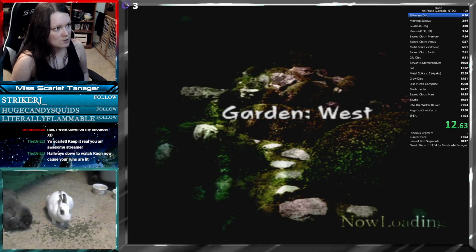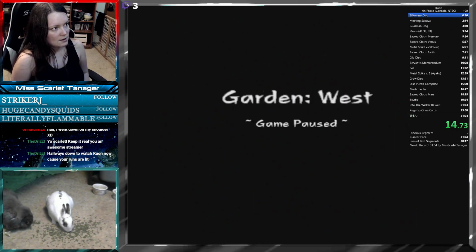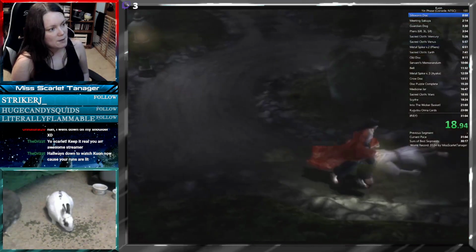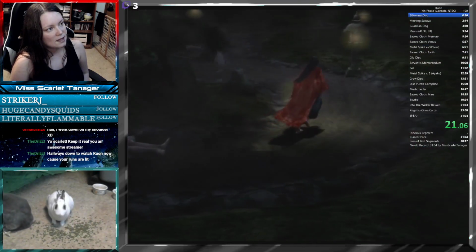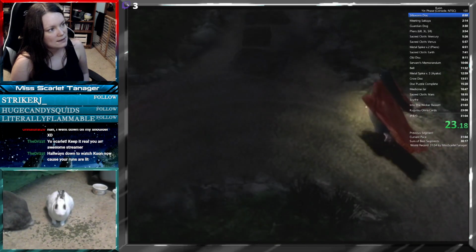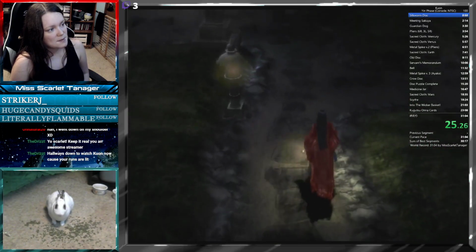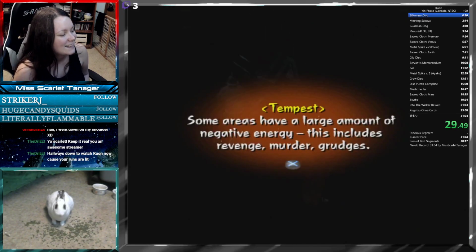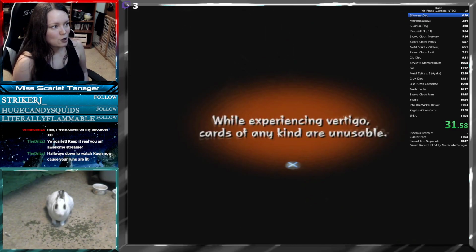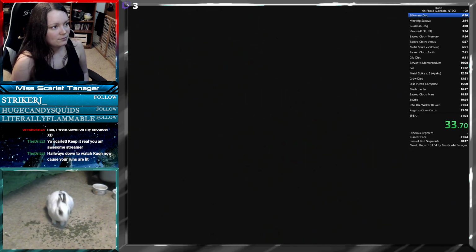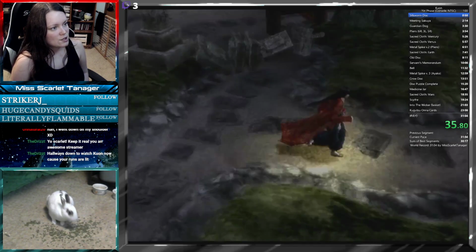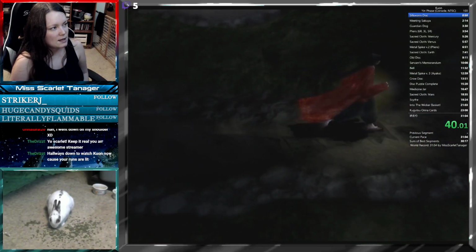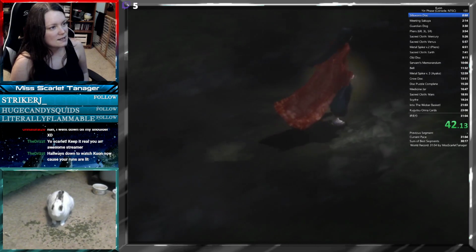Now, one thing that you want to make sure you do is not do what I just did. I do that sometimes. Sometimes I mash the button too much, but you want to make sure you pick up that dust. Dust is a healing item in this game. Now, you may ask why I'm picking that up. It is entirely because it is the trigger for a cutscene. I'm not picking it up. Don't mind that. There we go. So, I picked that up purely because it is the trigger for a cutscene slash it's a